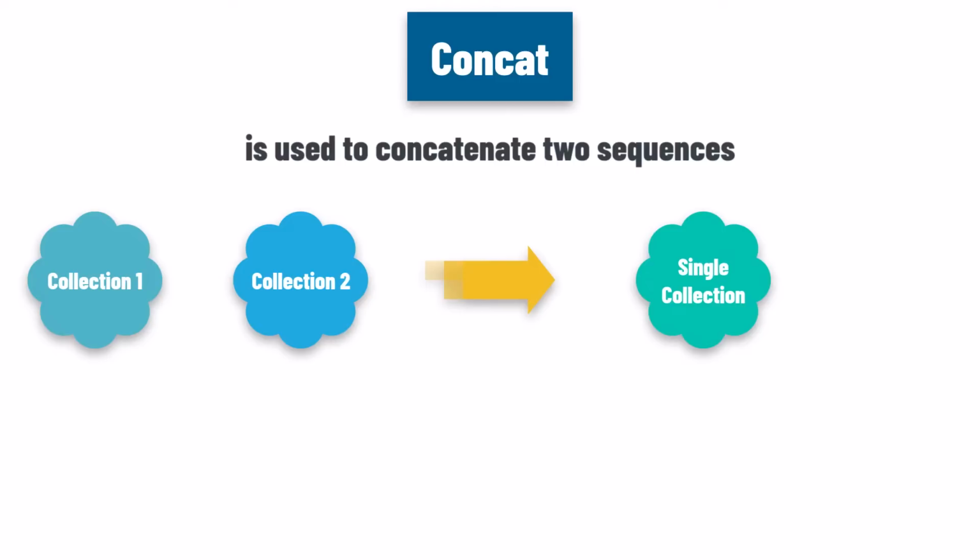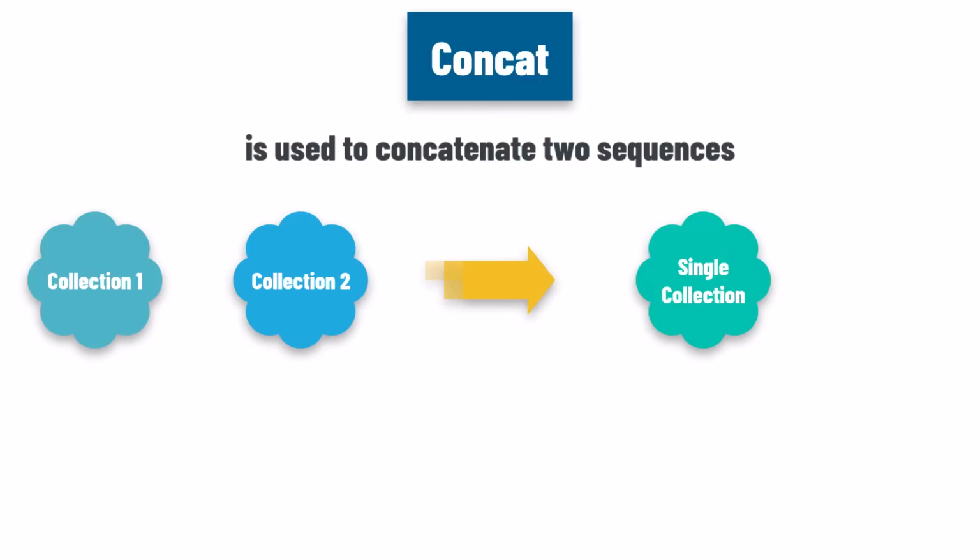It's particularly useful when you need to merge data from different sources, or when you are manipulating collections of data in your applications. Imagine you have two lists of data that you need to handle as one. Instead of writing complex loops or temporary collections, concat provides a seamless way to merge these lists. This is especially useful in scenarios like combining customer lists from different regions, merging product data, or simply concatenating arrays